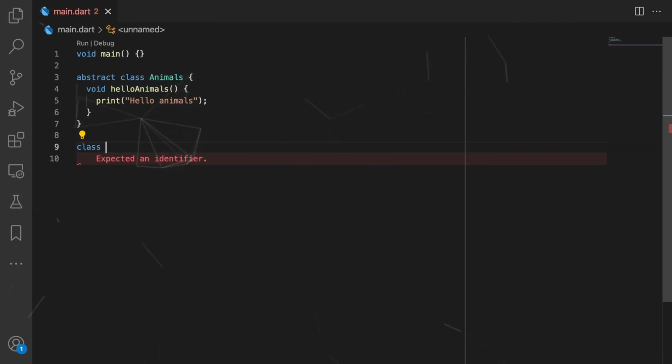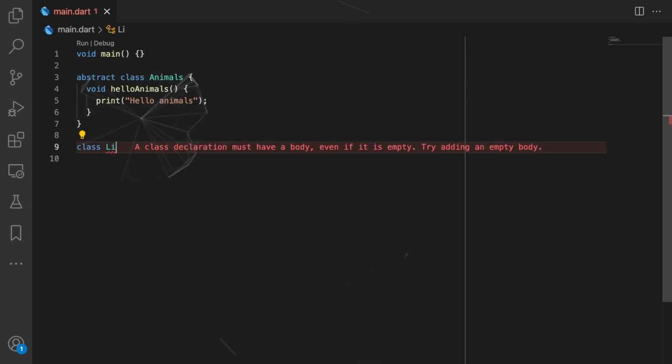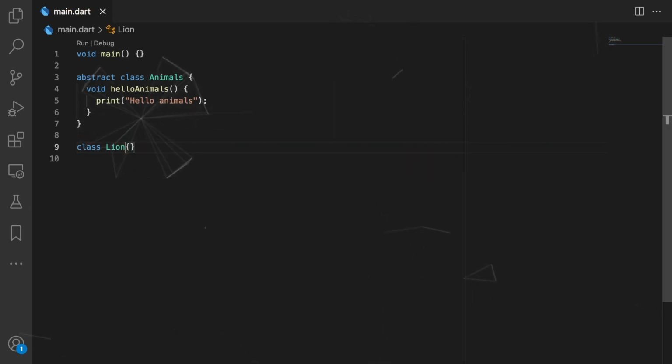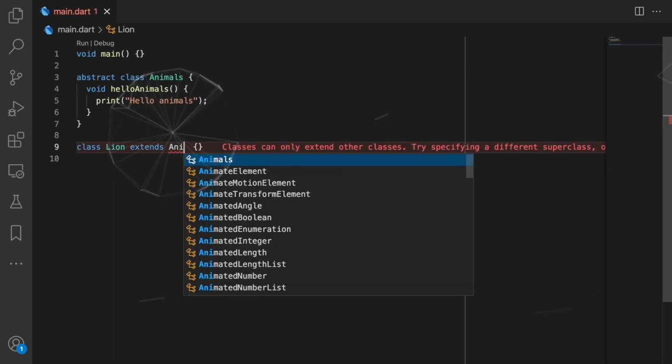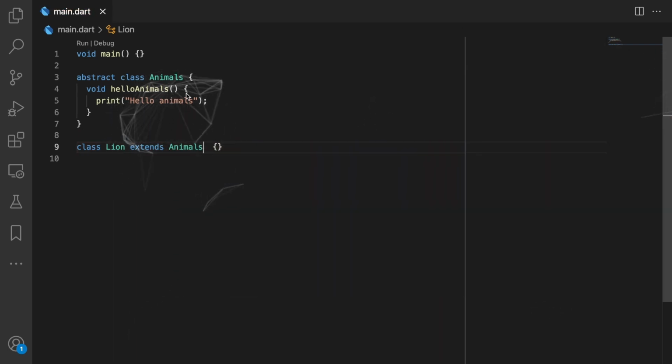Now I'll create a new class here, let's say a class Lion. Right, now let's have our braces here. Now I'll simply extend my Lion with my abstract class. Now in this video we'll be learning about inheritance with extends. Right, in another video, we'll learn about implementing other classes. So right now, under my class Lion, I'll simply extend this with nothing but Animals. Right, so you can see I have simply extended my Lion with Animals